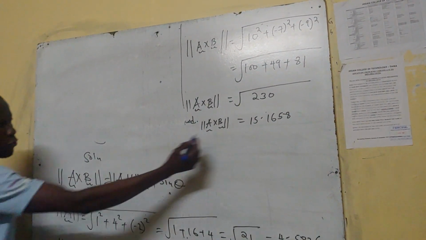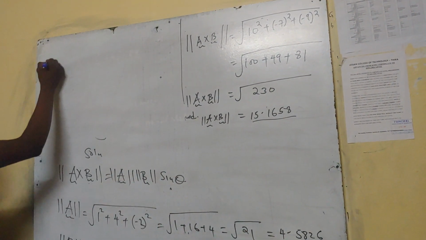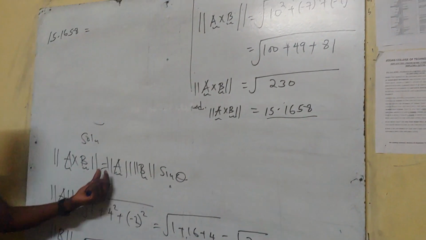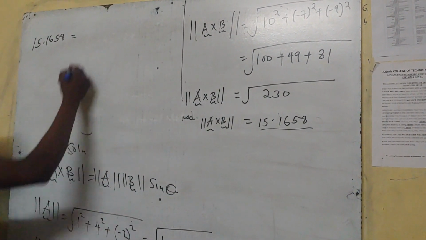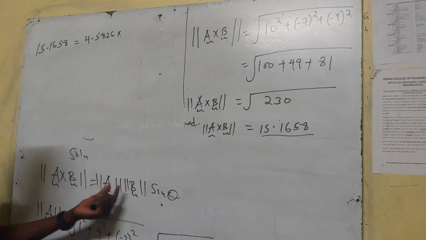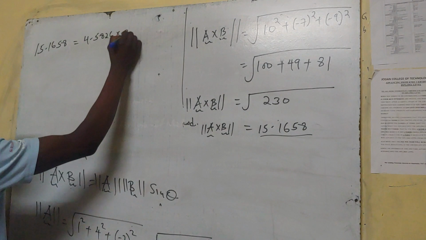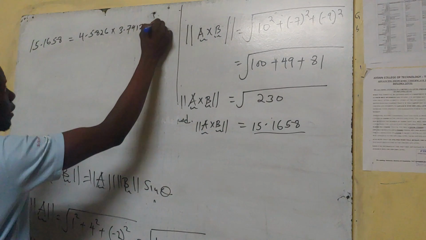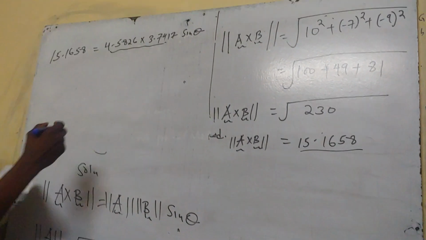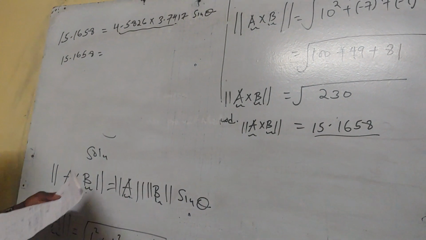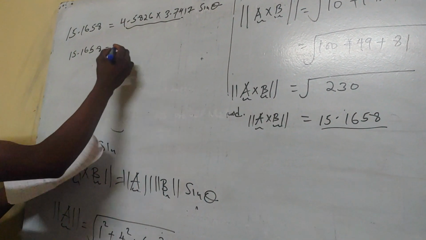A cross B magnitude, 15.1658, should be equal to A magnitude, 4.5826, multiplied by B magnitude, 3.7417, then sine theta. If you multiply these two, we get 15.1658 equal to